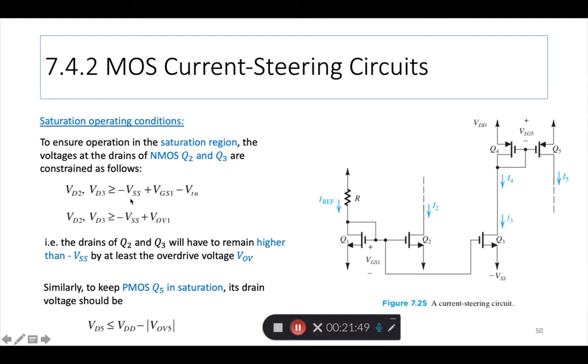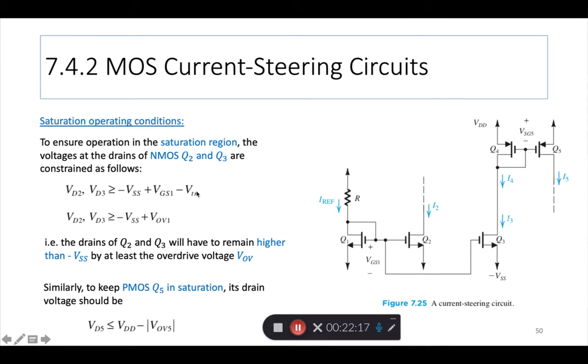But because minus VSS exists, you have to include that in the formula too. So the voltage at this point, VD2, VD3, has to be greater than or equal to not only VGS minus VTN, but also